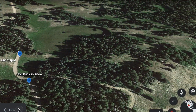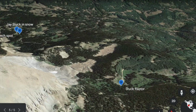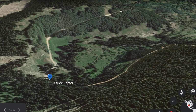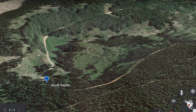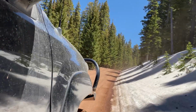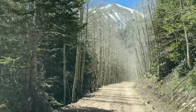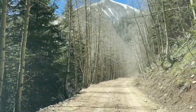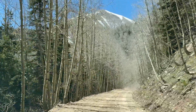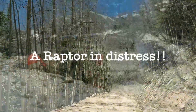Yay! It was so beautiful here, we decided we needed to see what was up this trail. We headed on up the road, climbing higher and higher and higher until...